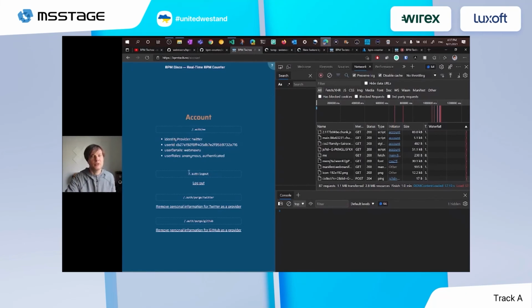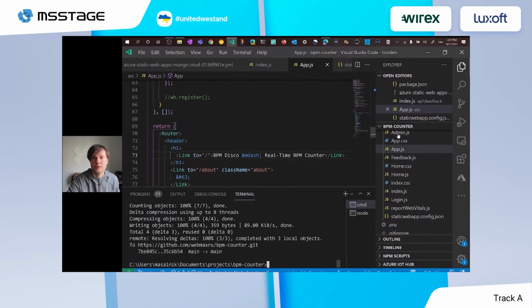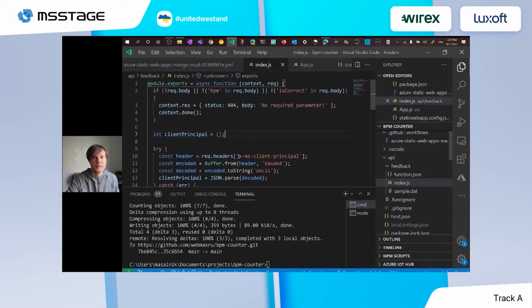For logging out, you redirect people to this kind of URL, again part of the .auth folder. And also all requests to the API endpoint have a special header. Let me show you how that looks. Yes, it's called x-ms-client-principal, so you can parse it on your server side to get information about the user